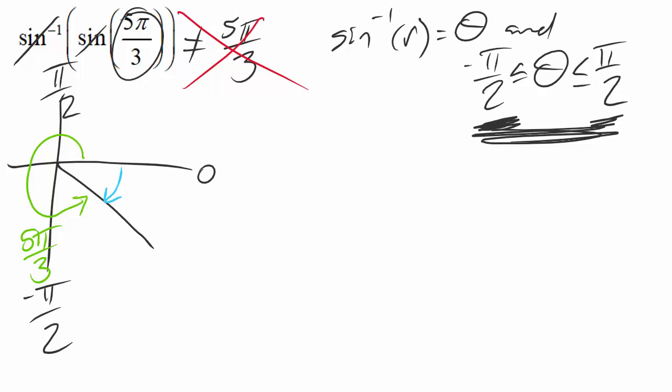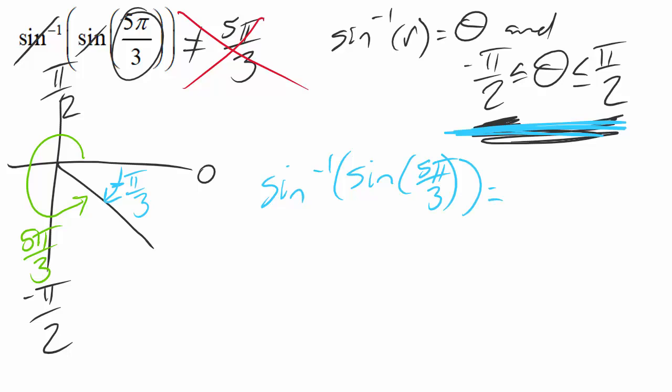And here that would tell us we would have a reference angle of pi over 3, but because we went clockwise, that would make it a negative pi over 3. That is within our acceptable range of negative pi over 2 to pi over 2. So our answer here for the sine inverse of the sine of 5 pi over 3 is